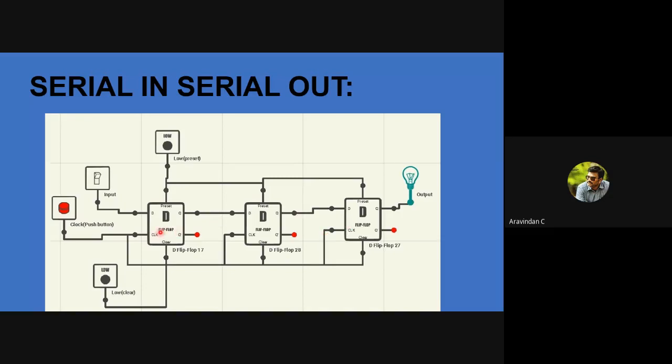Okay. So here in this diagram, how many flip-flops do I have? I have 3 flip-flops. So when this bulb will glow, when I transfer the data, after which second? 3, sir. After 3 seconds. So if I transfer the data, I am supposed to wait till 3 seconds to see the output of the last flip-flop. So this is nothing but a serial in, serial out. It is transferring the data one by one, but I am transferring the data only to register number 101. Register number 101 transfers data to 102, 102 to 103, until the last person. So the data is transferred one by one, and it takes a much longer time period to transfer the data.